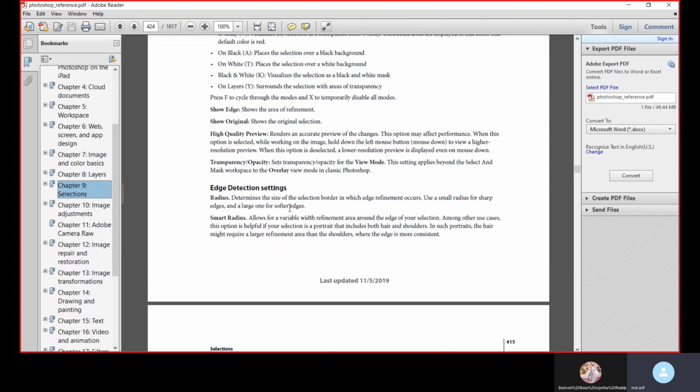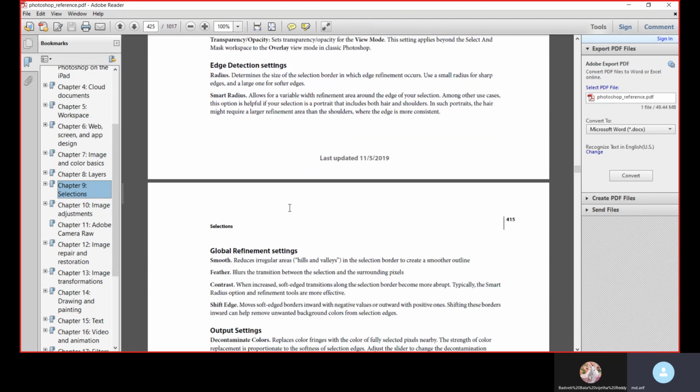Transparency or opacity. Sets the transparency or opacity for the view mode. This setting applies beyond the Select and Mask workspace to the overlay view mode in classic Photoshop. Edge detection settings. Radius determines the size of the selection border in which edge refinement occurs. Use a small radius for sharp edges and a large one for softer edges.